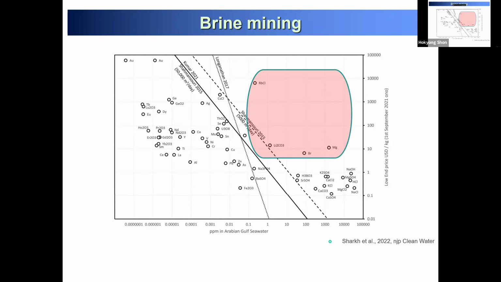US dollar for 1 kilo. So when you harvest 1 kilogram of this salt, how much is the money? $1, $0.1, $10. Some of them are $10,000, like gold, white gold. And what is that? 1 kilogram.